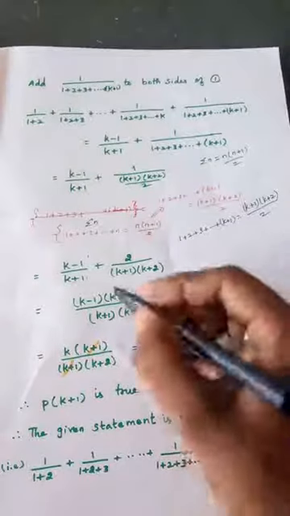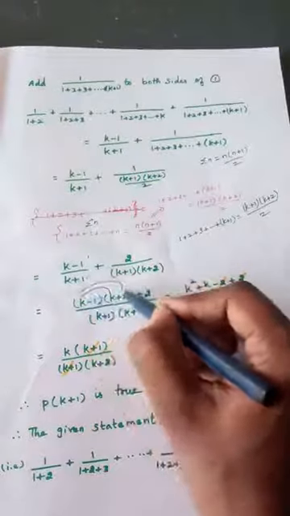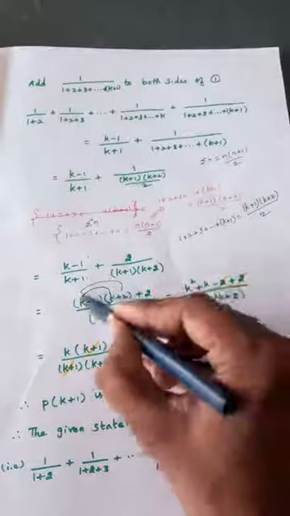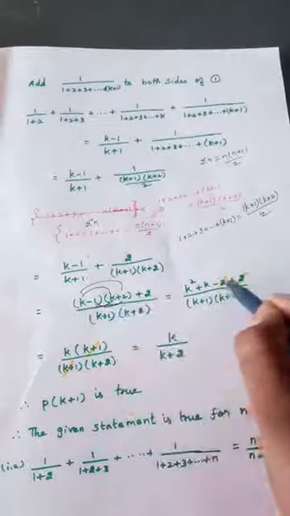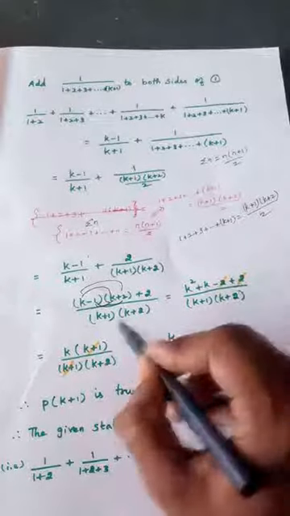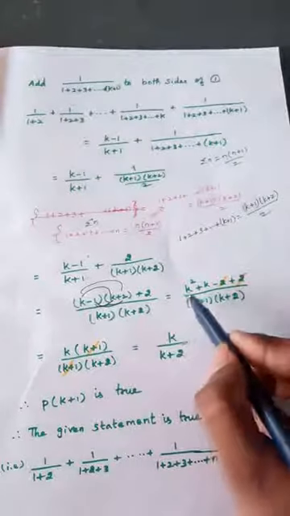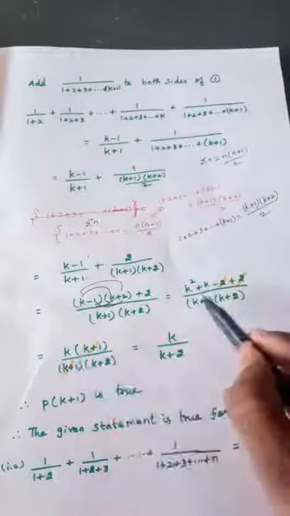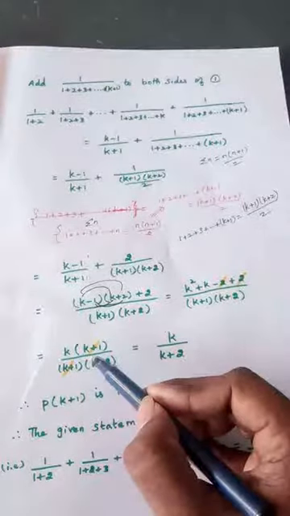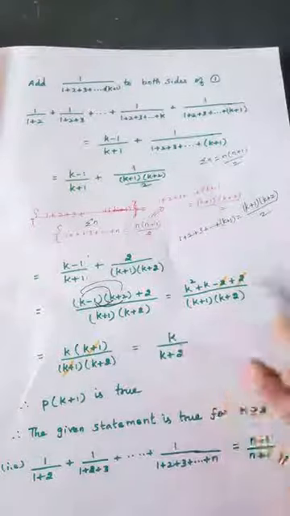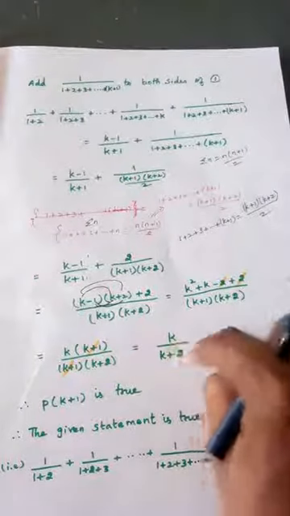This is equal to, just multiply, what happens here? k square. If I multiply this, 2k, then minus k, 2k minus k is k, minus 1 into 2 is minus 2, and then this plus 2, by k plus 1 into k plus 2. So minus 2 plus 2 gets cancelled. From these two, take k as common, so it becomes k plus 1 by the denominator. Out of this, this gets cancelled, so you will get k by k plus 2. Actually this is the answer that we wanted, right?